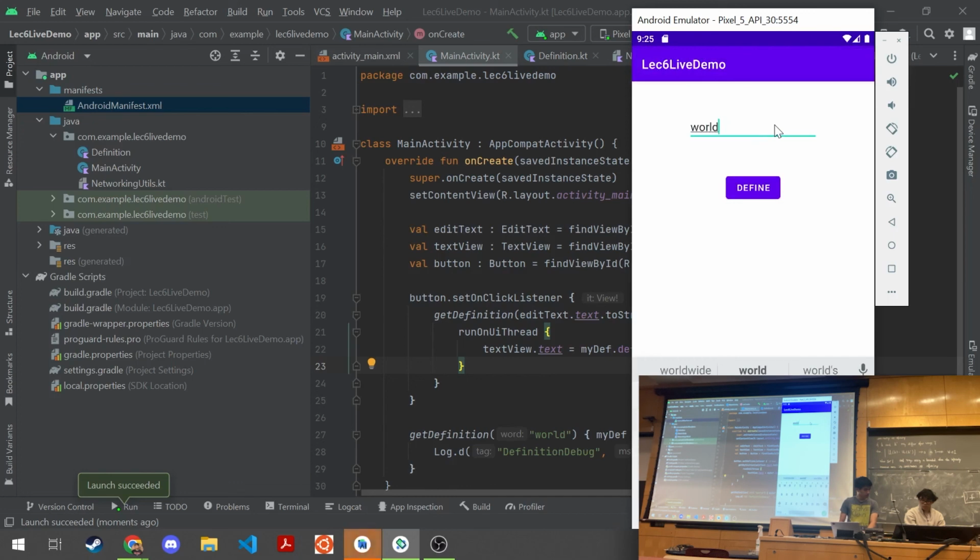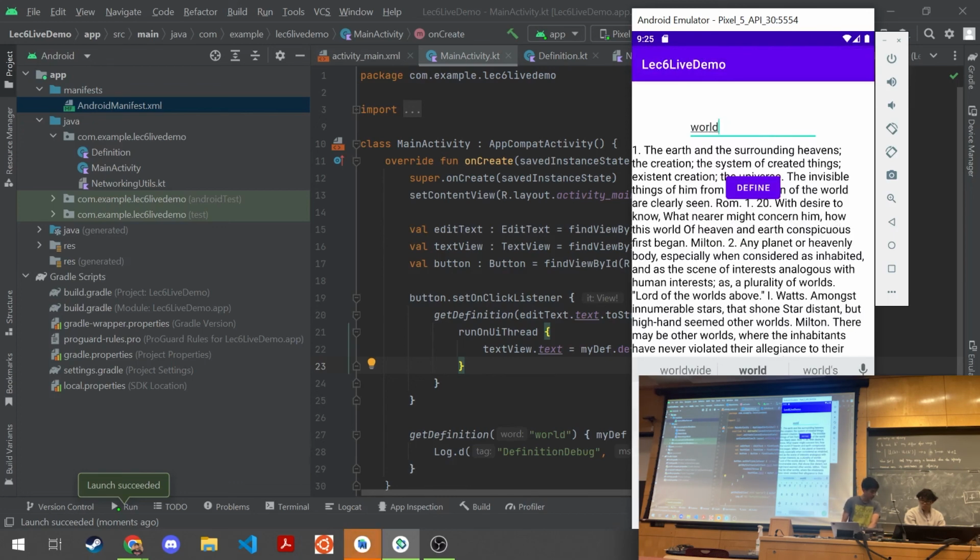Let's try to define world. I really wish I put down a button. Oh boy, that is one hell of a definition. Let me close that. Okay, wow, that is quite the definition. It was even going off screen, but anyways, it works. Just maybe not incredibly pretty. But of course, we don't really have time to make it pretty. This is just a working demo. In the demo code I will post later, I have gone in and made this format nicely with a little scroll bar, so if it goes off screen, you can scroll through the definition.